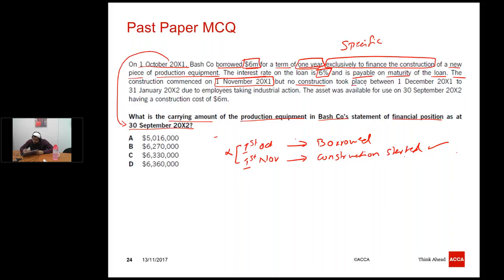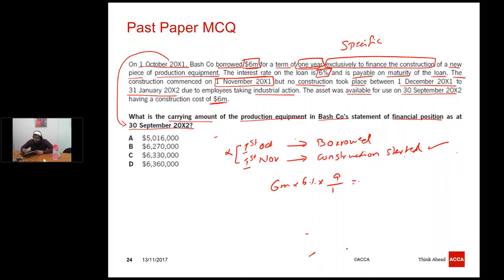But no construction took place between 1st December to 31st January, which means December and January, 2 months again. So the first month was not used, 2 months stopped, so 3 months will not be capitalized in total. Due to employees taking industrial action, the asset was available for use on 30th September 20x2 and has a construction cost of 6 million. So 6 million into 6% into